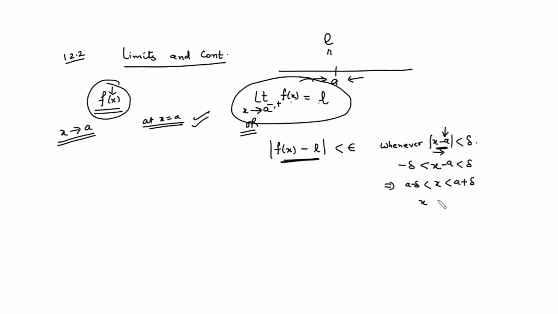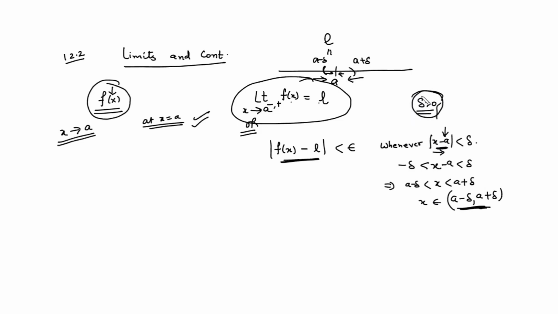this. So it means your x belongs to the interval a minus delta to a plus delta, where delta is a positive, very small number. So whenever your x is lying in this interval, means the values on the left side and the values on the right side, all these values. And can we say that delta is approaching 0? Approaching 0, but not exactly 0, because it is always strictly greater than 0.